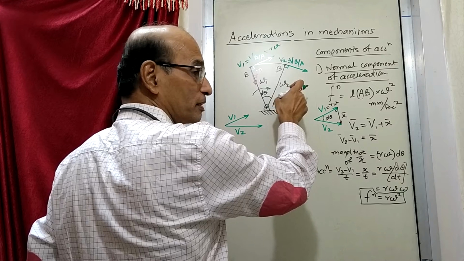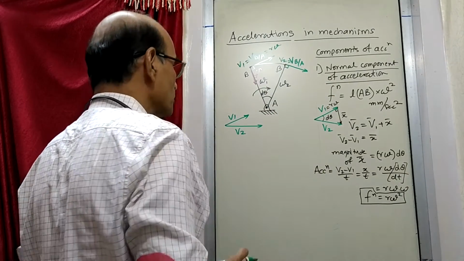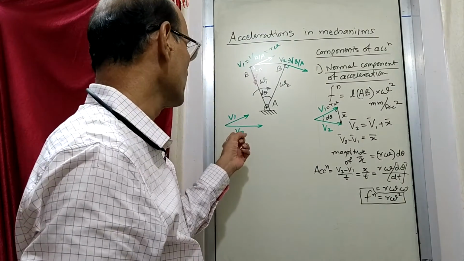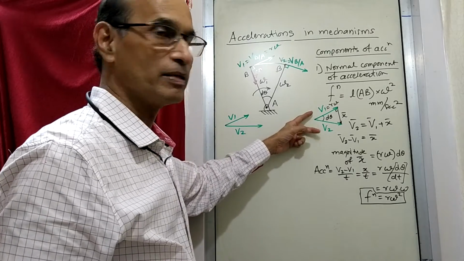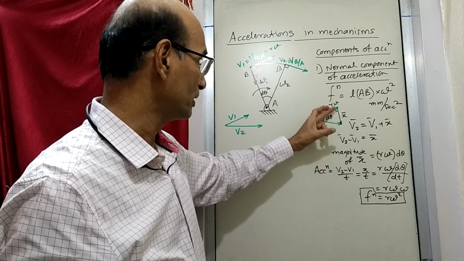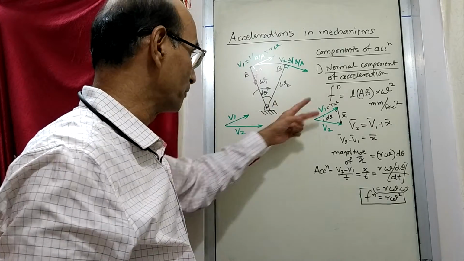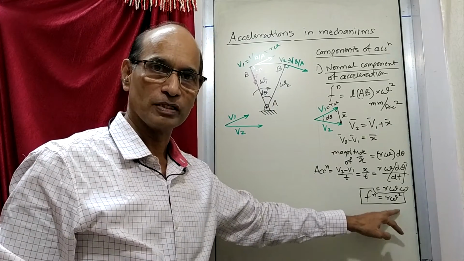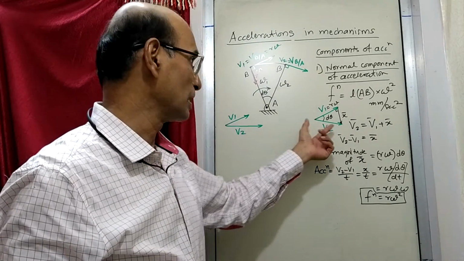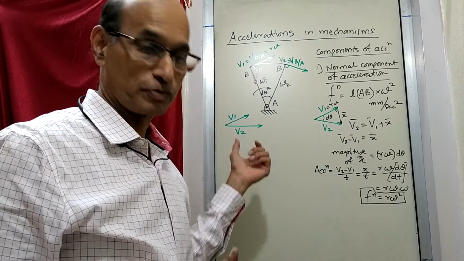So angular velocity increase means the linear velocity increases, r into omega. So this is the situation now compared to what has happened here. Now in this situation, already this is there. That means the normal component of acceleration is already going to be there. So whatever has happened here, this x bar, there is a vector here, and this vector is the difference vector, and that difference vector is going to give you the normal vector. So this will be still there, but because of change in the magnitude, see the magnitude has not changed here. Here the magnitude has changed. So now we are going to see what happens because of change in the magnitude.